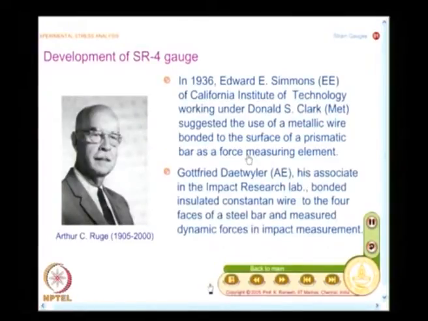See, you have to note down that no development is done by an individual. That is my interest. That is point number 1. Point number 2 is you also find a team of scientists who work together. It is not from one branch, it is from multiple branches that have contributed to the development of strain gauge technology. And another interesting feature is, it was developed during a time where there was not much communication.